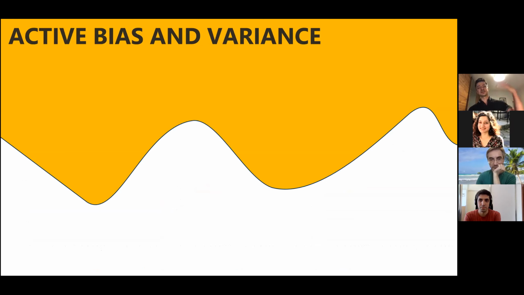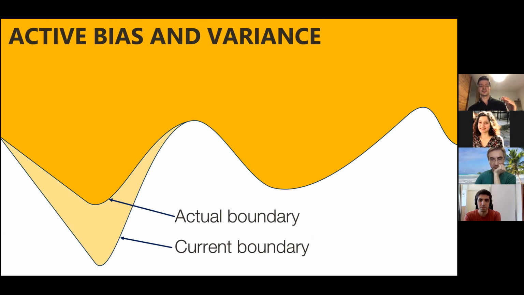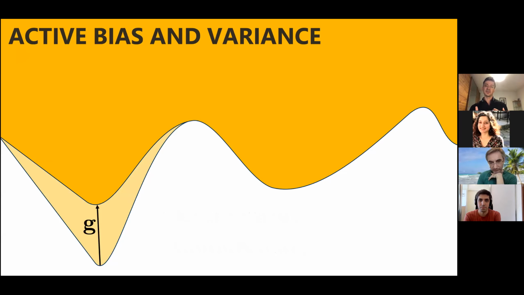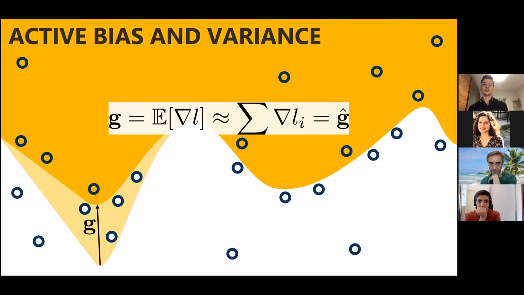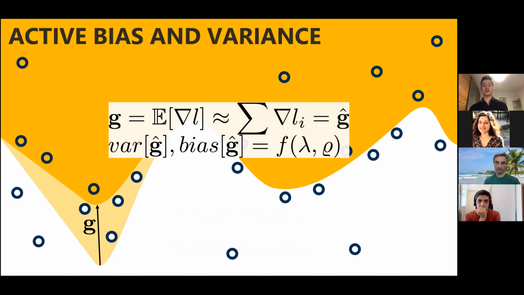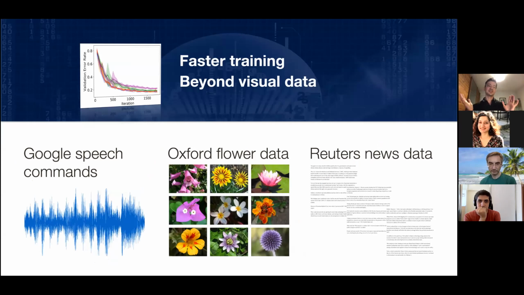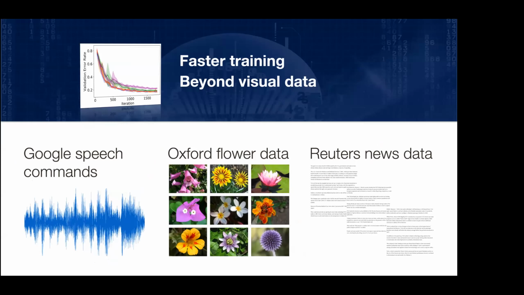Let's say we have 2 classes, and we have an actual boundary between the classes and the current boundary. What you do with neural networks and stochastic gradient descent is basically approximate the gradient. The gradient is an expected value, actually the gradient of a loss function. And what you do is sample your space to approximate this gradient. Then you can say, well, I have a bias and a variance for this estimator, and you can use it to really improve convergence. I think this is also a very interesting case, where we use pretty much the same point process theory, but in this case to improve the convergence of algorithms. And we again applied it beyond visual data, and it worked out pretty well.